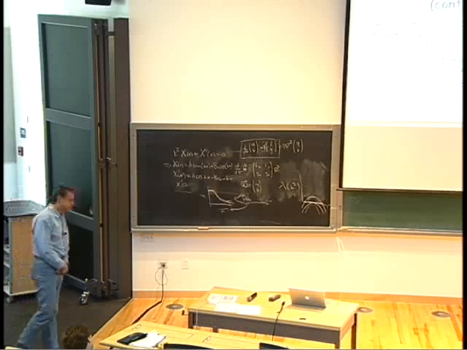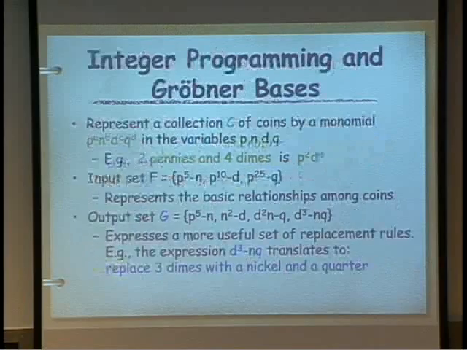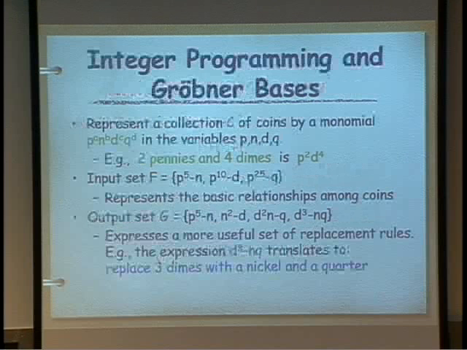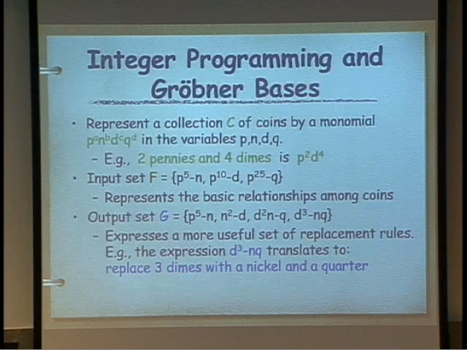So of course, the trick is to find this blue set G. This set G has the property that it's the unique minimal set of exchange rules that will work in this sense correctly for any bag of coins. Now that changes, right? You might travel to a different country, so maybe these numbers, 5, 10, 25, will change. There will be another blue Gröbner basis with the same property, but it will be bigger and more complicated,